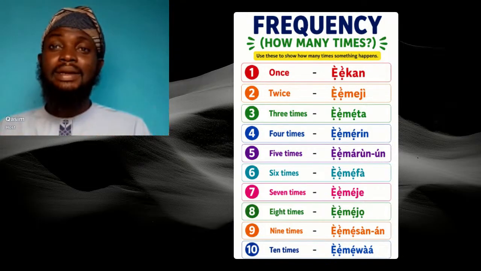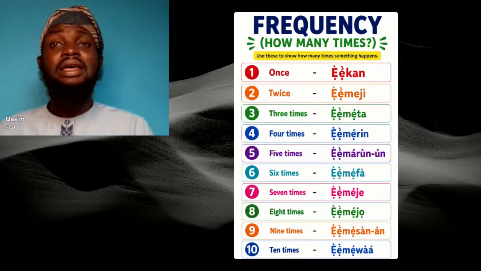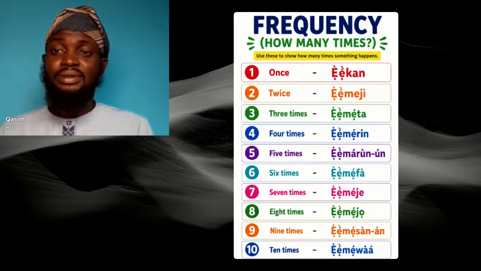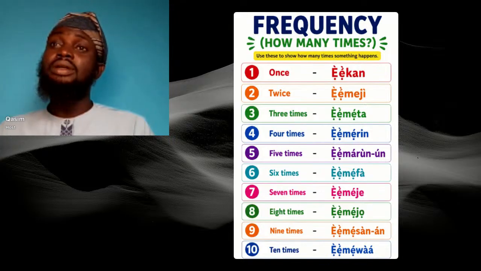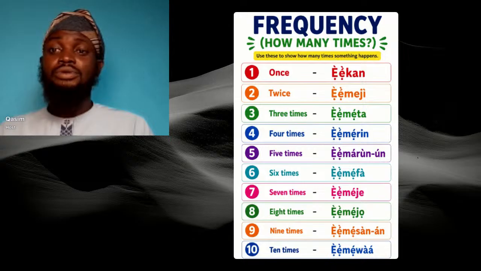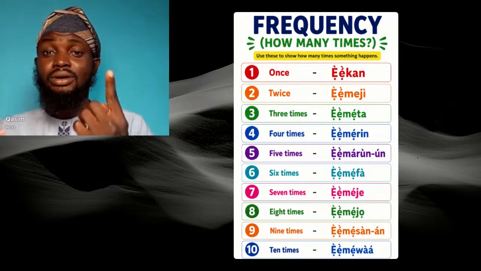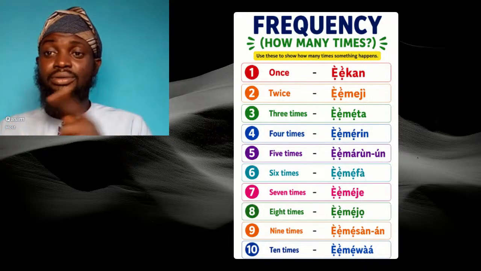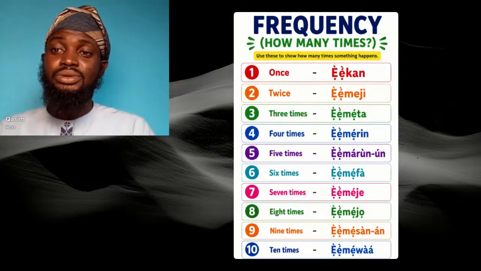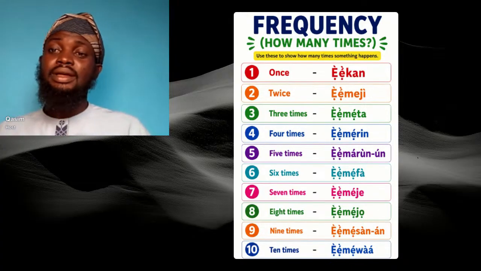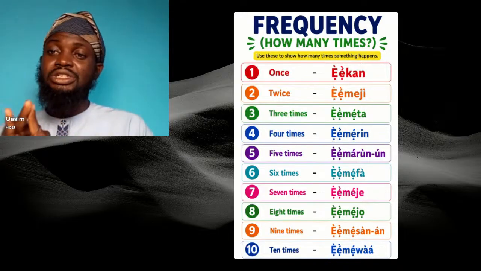So that is when you want to say how many times. How many times have you eaten today? Ẹ̀ẹ̀mẹ́ta, 3 times. Okay, let me say, how many times have you watched movies today? I'll say once. I'll say ẹ̀ẹ̀kan, ẹ̀ẹ̀kan ṣoṣo. So ẹ̀ẹ̀kan is one. When you're saying how many times you do something in Yoruba, you say ẹ̀ẹ̀kan,